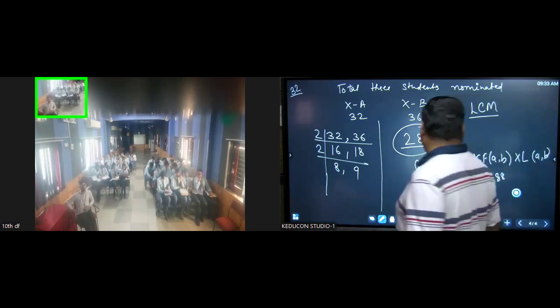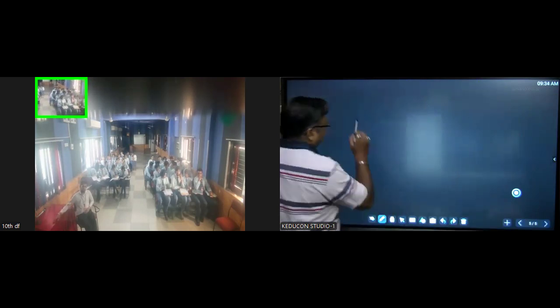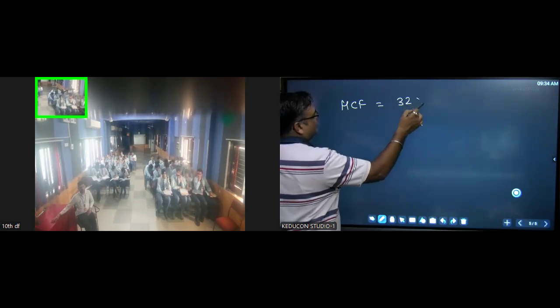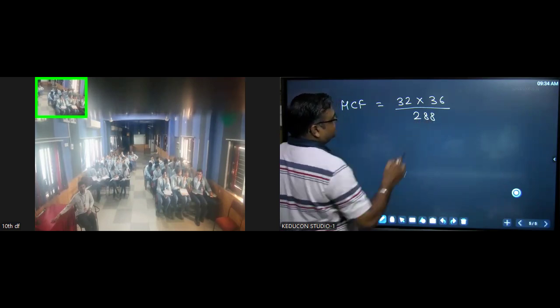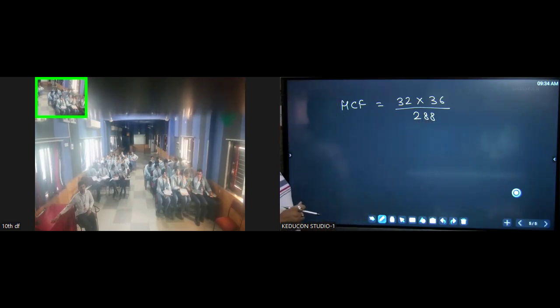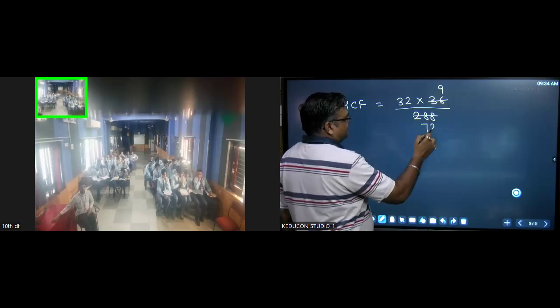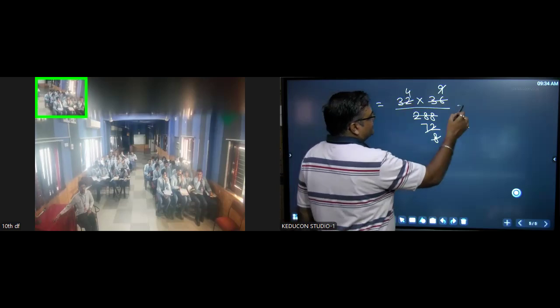What will be the HCF? Children, solve this quickly. 32 into 36 divided by 288. So HCF will be